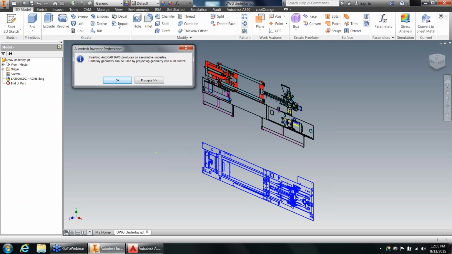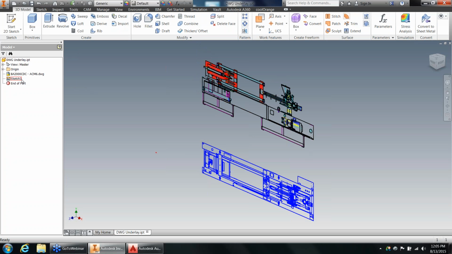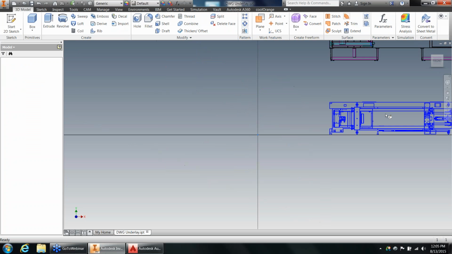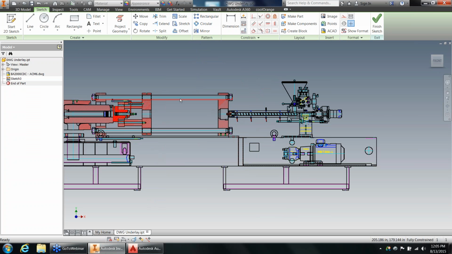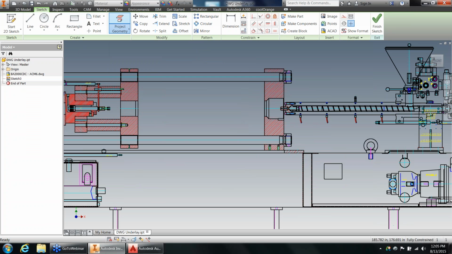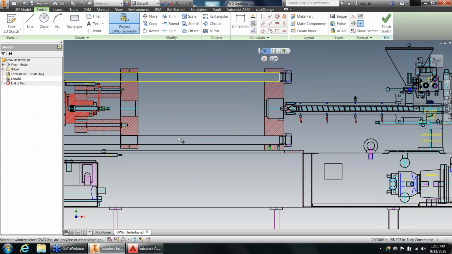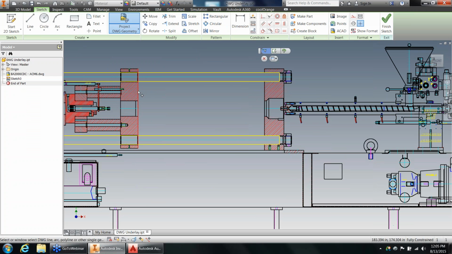Now, as you do that import of the DWG data, it is going to create this associative underlay. You can see here the entire AutoCAD file got pulled into the Inventor space. From here, I want to take that information and embed it into my sketch. So to do that, I'm just going to activate that sketch. And then from here, I can use my new projection tool, Project DWG Geometry, in order to bring that data through into my space. So in my case, I'm just going to select a couple of the edges that make up this design, like so. Once I have those entities, I can go ahead and